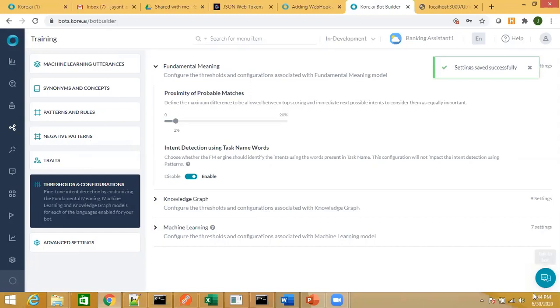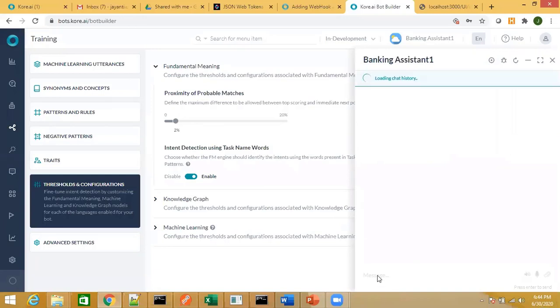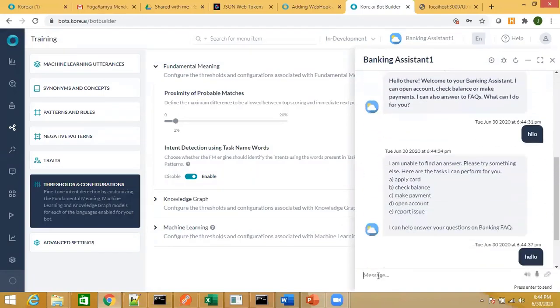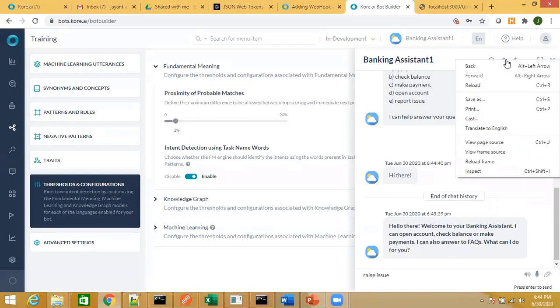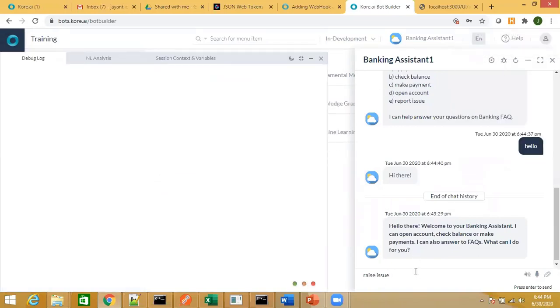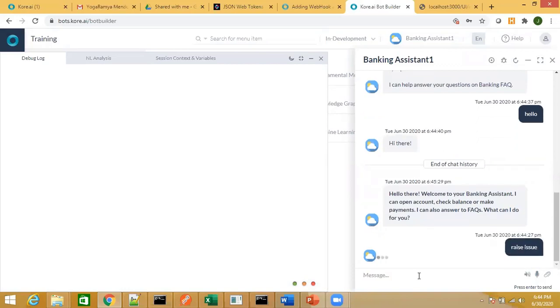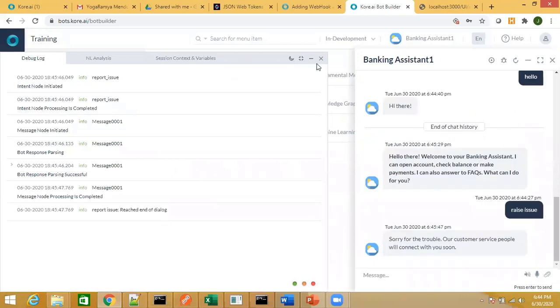Anyway, once I do this, while talking to the bot, I'm not using anything over there. I'll show that integration. If I say raise issue, then this task should be triggered by the bot. You can see the report issue task is getting triggered.